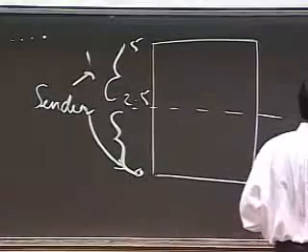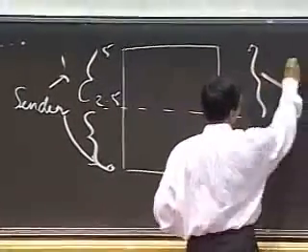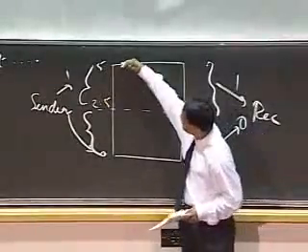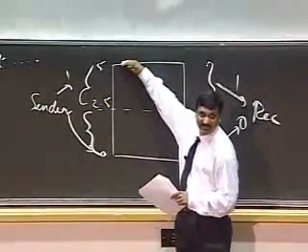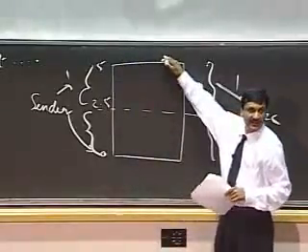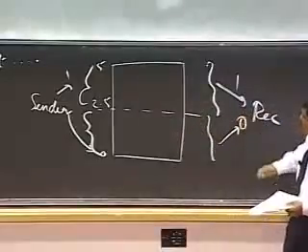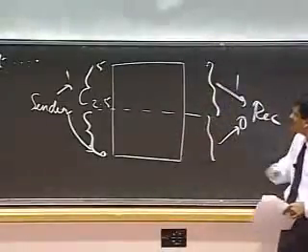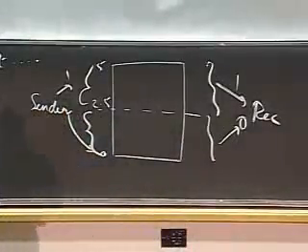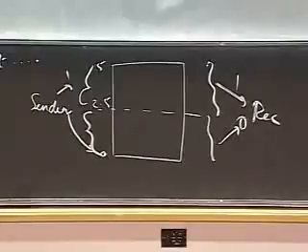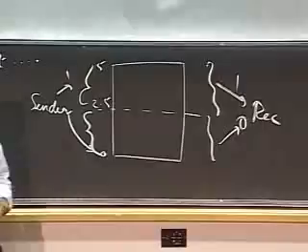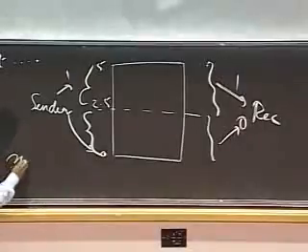Similarly, for a receiver. And if the sender sent a value all the way up at 5 volts, that was the best thing. But technically, the sender could send any value between 2.5 and 5. And if there was no noise, then the receiver could correctly interpret a 1 if it was above this, and 0 if it was below this. The problem with this approach is that if I allow the sender to send any value above 2.5 all the way to 5, then there really is no noise margin in this situation.